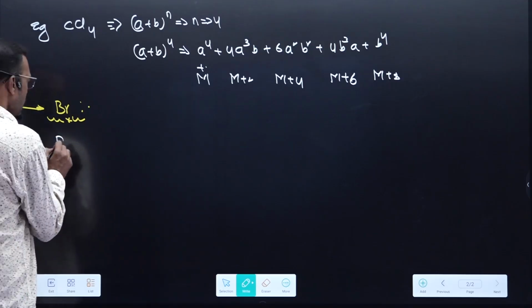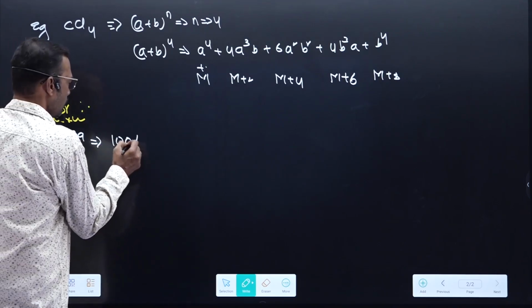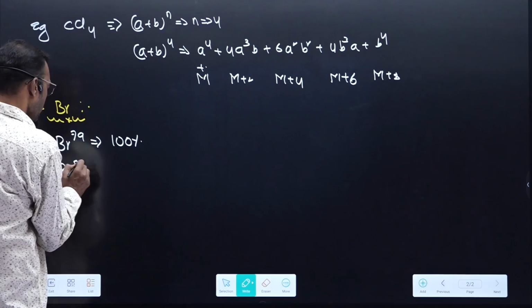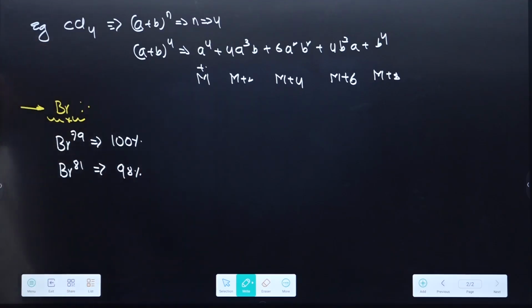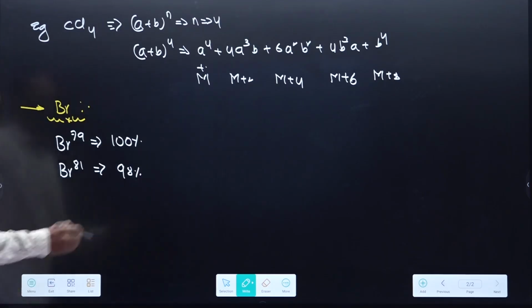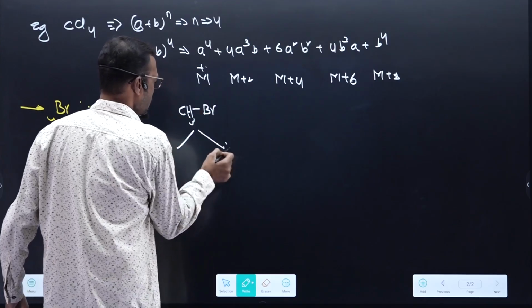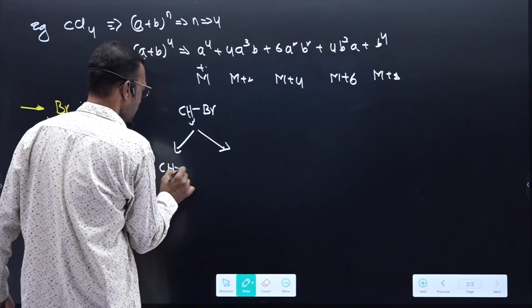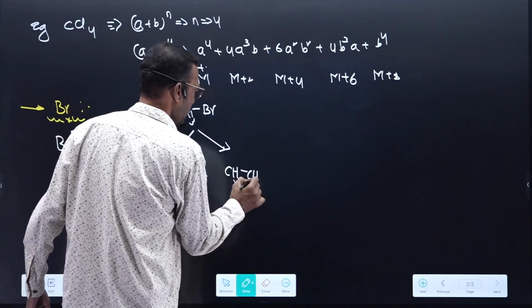So when I take bromine, bromine 79 is the lighter isotope whose percentage is almost 100%. Bromine 81 is the heavier isotope whose percentage is nearly 98%. Bromine lighter, heavier, 100%, 98%. Suppose I take methyl bromide, two possibilities are expected here. Bromine may be lighter, bromine may be heavier. Lighter bromine 79,